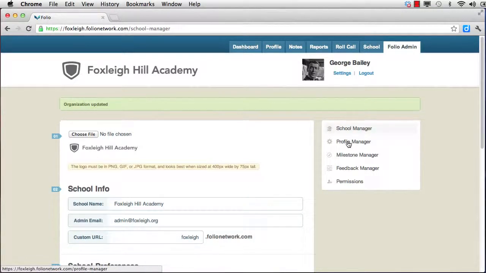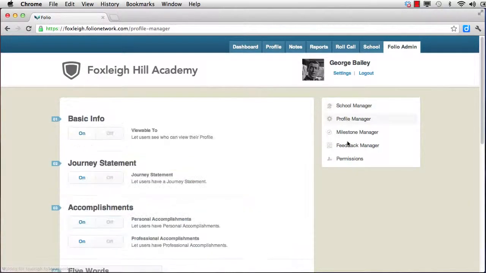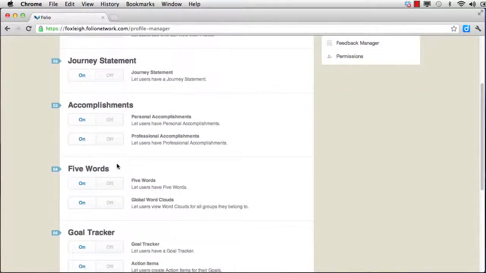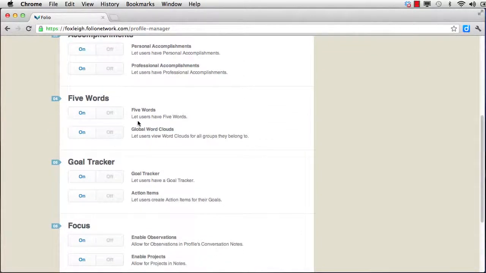menu, and now I'm going to click on the Profile tab. Once I click on the Profile tab, this is just a series of on-off switches. I'm letting the system know whether or not we're going to see the About Me section of Folio, whether or not we're going to use the journey statement, whether or not we're going to ask users to put in both personal and professional accomplishments, whether or not we're going to be using the 5 words and the global word clouds